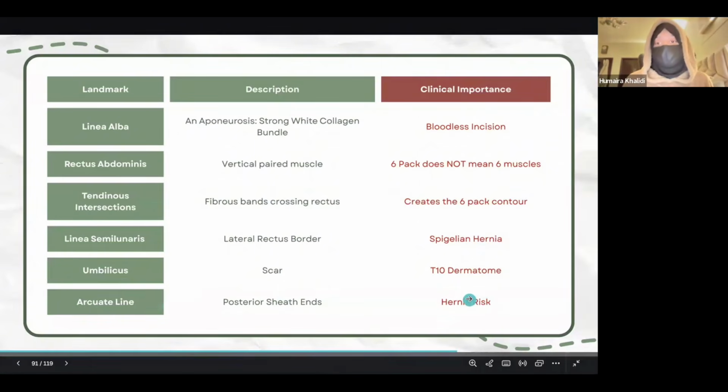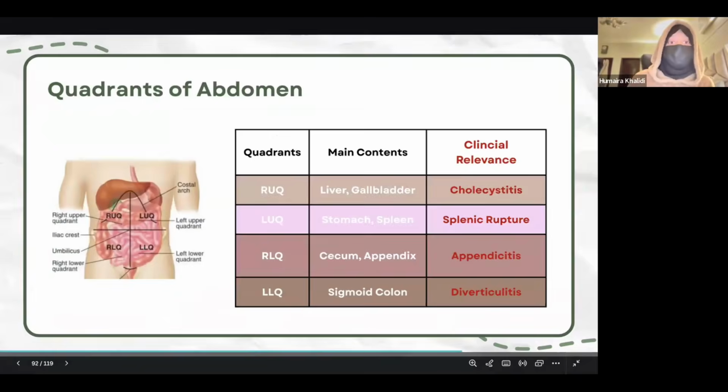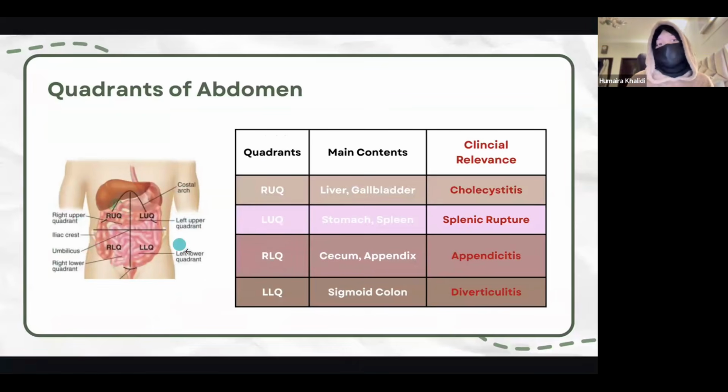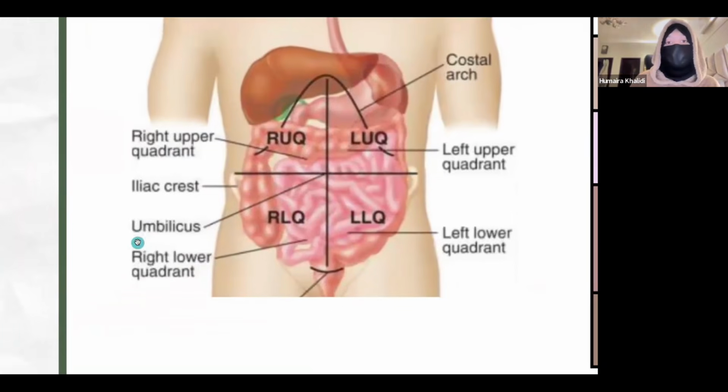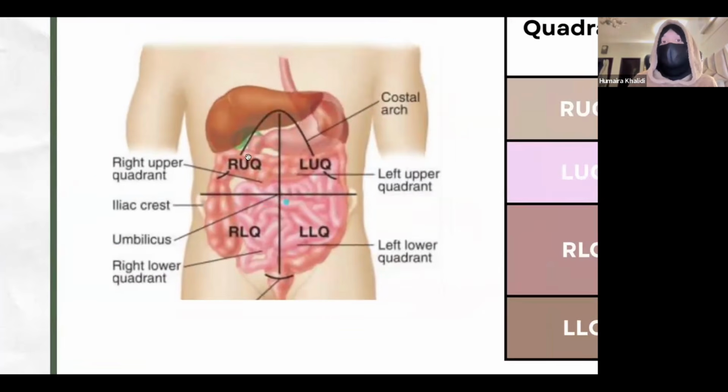The arcuate line is also a place which is at risk for hernia because it's where the posterior sheath ends and where something called the inguinal canal usually lies. This is something that Leen already went over. However, because this is also mentioned in the abdominal wall and you didn't lock in with her, you can just refer to this again. This is the right upper quadrant, the left upper quadrant, the right lower quadrant, and the